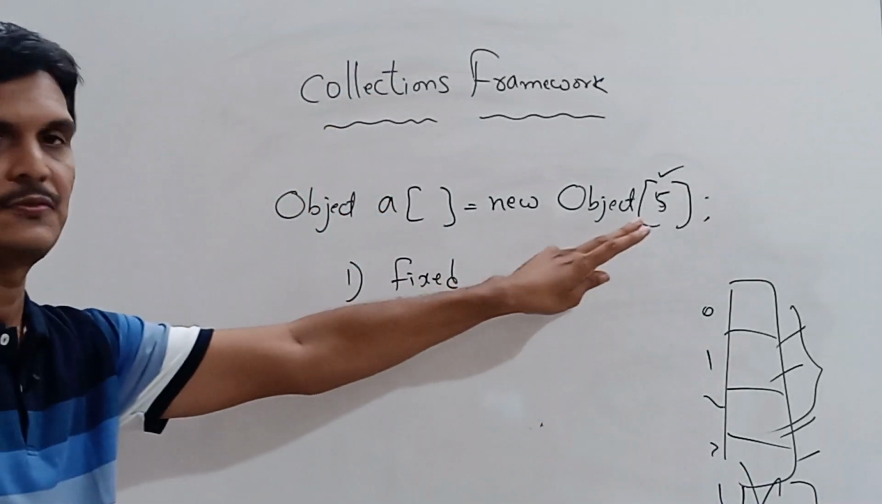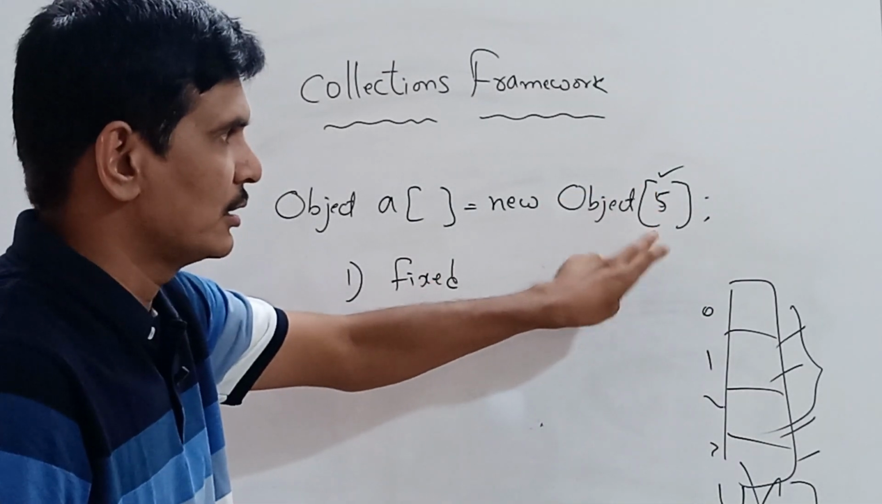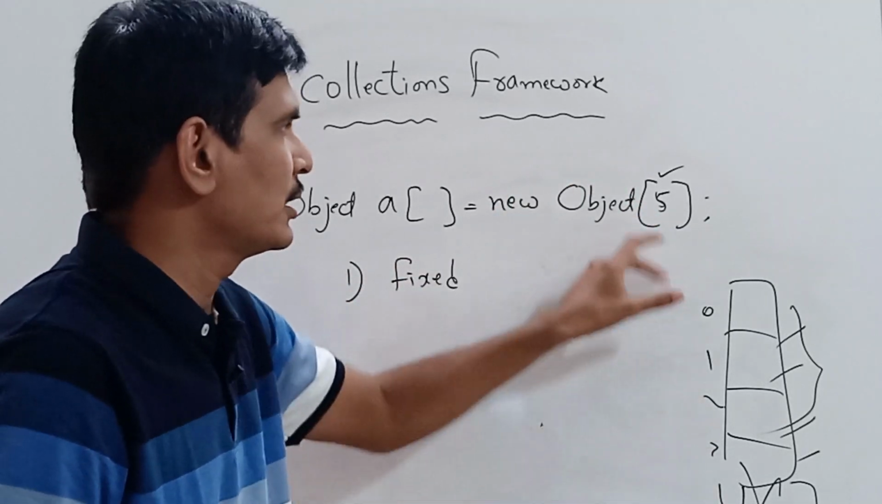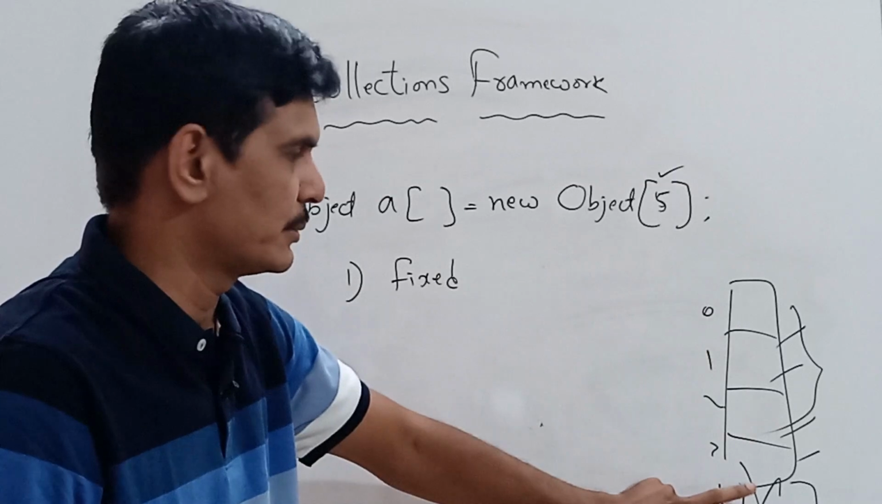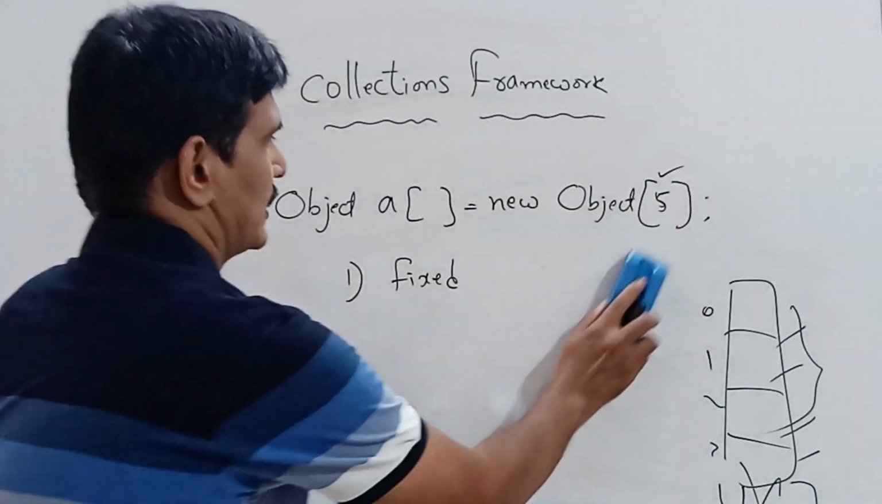So array size is always fixed. At runtime we cannot increase or decrease the size. If I want to store more than these elements, there is still a problem, and if I store fewer elements, the memory will be wasted. So this is one problem with the array. And the second problem is,